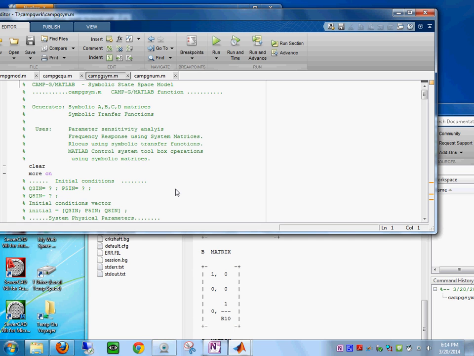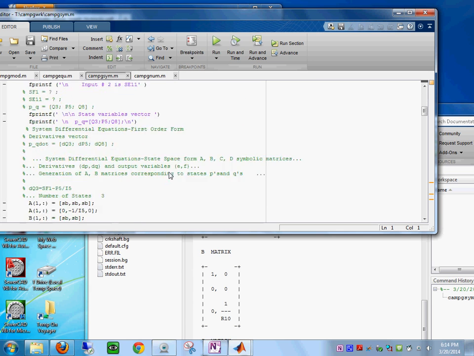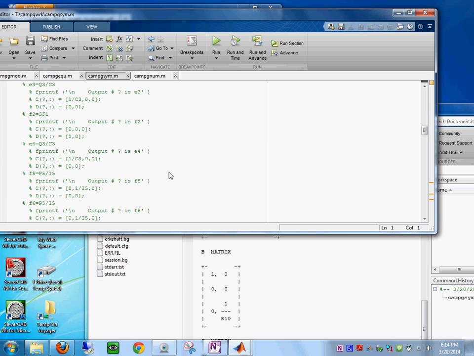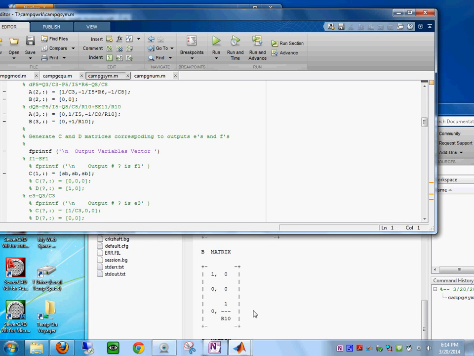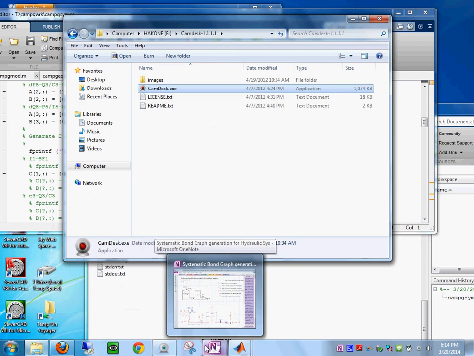Maybe let's add two outputs. So I would like to do two output matrices and two rows in the output matrix. So if we go back to the bond graph model, we could talk. Well, I guess we have it in here. It's a matter of